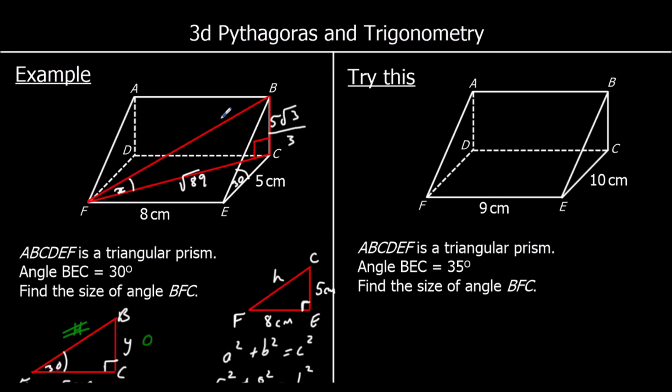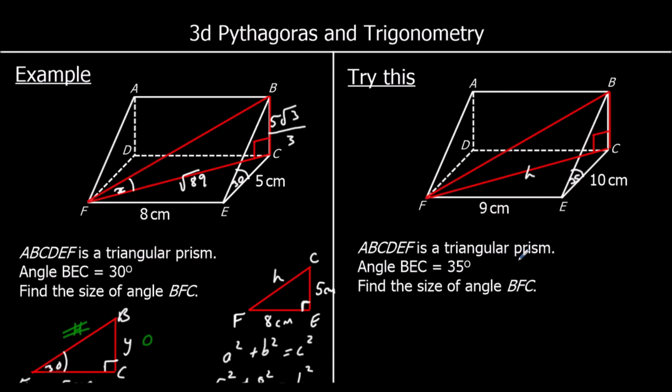So again, we're calculating BFC. So B to F to C. So we've got a right angle triangle here, and we don't know any of the information, but we know BEC is 35 degrees. So we can use that to calculate BC, and we can use our two lengths, 9 and 10, to calculate FC. So let's calculate